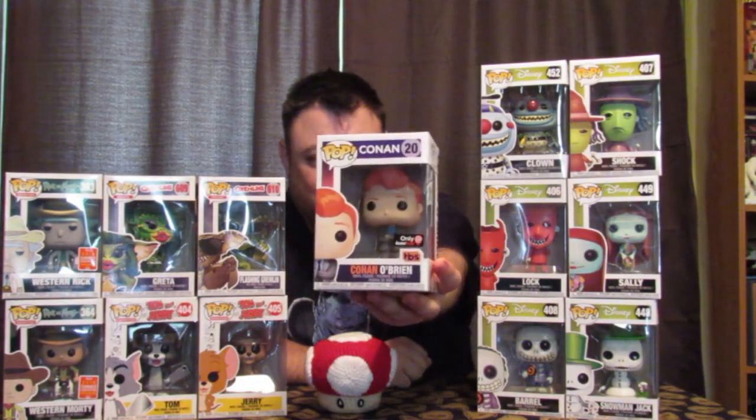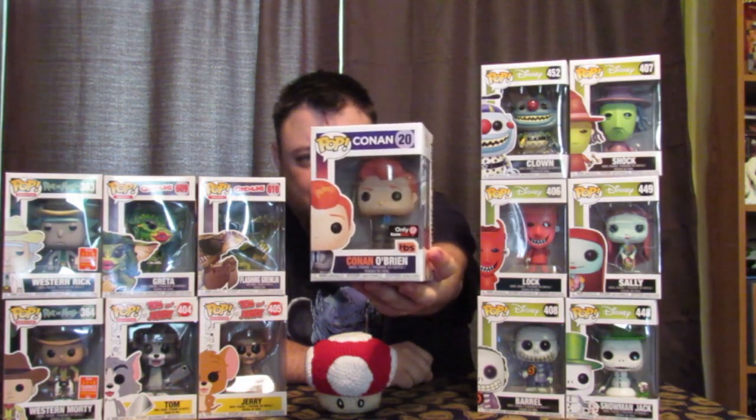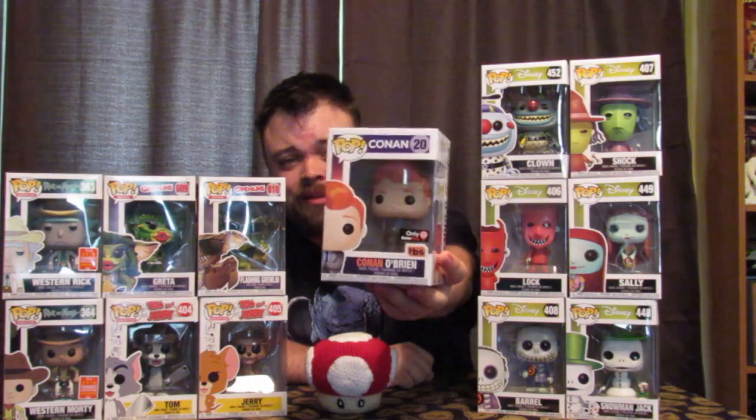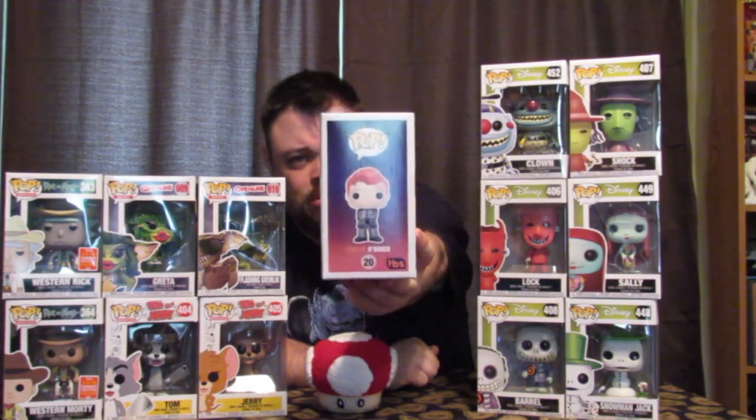So I went ahead and bought Conan. Conan here in his regular suit. This was the only one that I saw here in town when Comic-Con happened. And I didn't just want to buy this one because it's cool, but it doesn't make a lot of sense because it's just him in a suit. I'll show you the side as well here. Conan in his suit. The reason why I say it doesn't make a lot of sense is because this is a series,